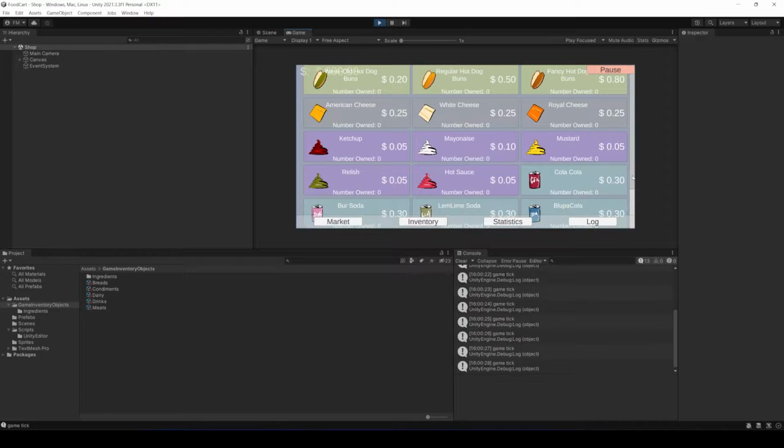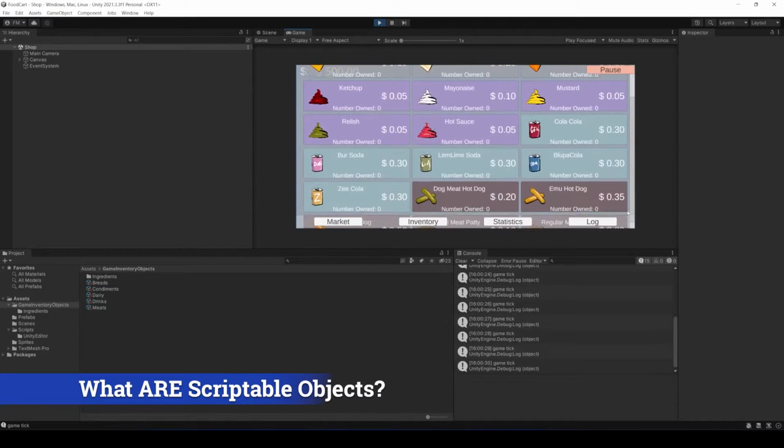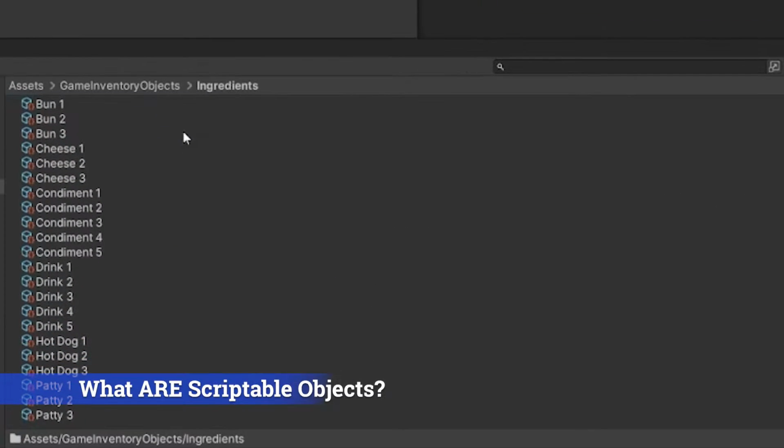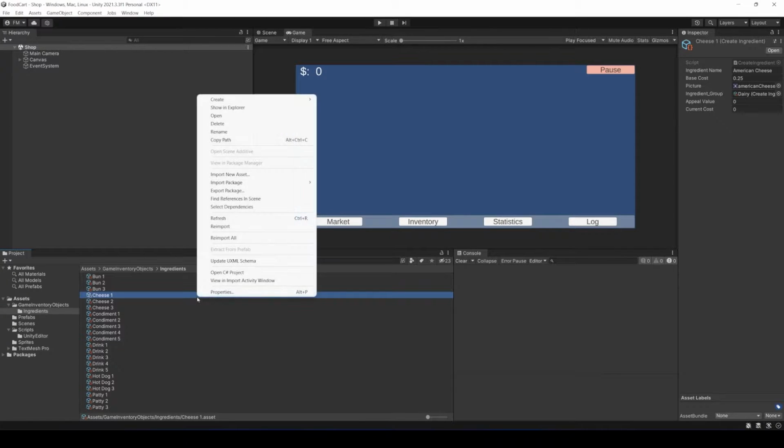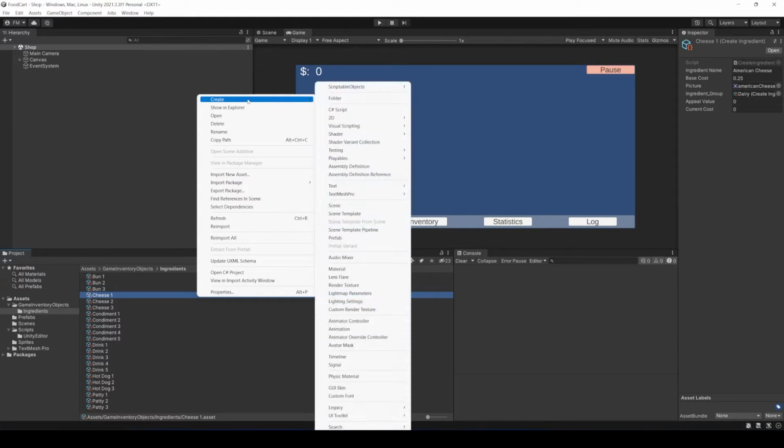So to start, let's take a look at what they are. We're already dealing with an object-oriented language, so making up a class and assigning variables to it is already par for the course. Unity also already gives us the option of loading up a game object and getting it all set up as a prefab. We could save it into a folder and fire it off later. So with both of those things in mind, scriptable objects are kind of a door to a happy medium in